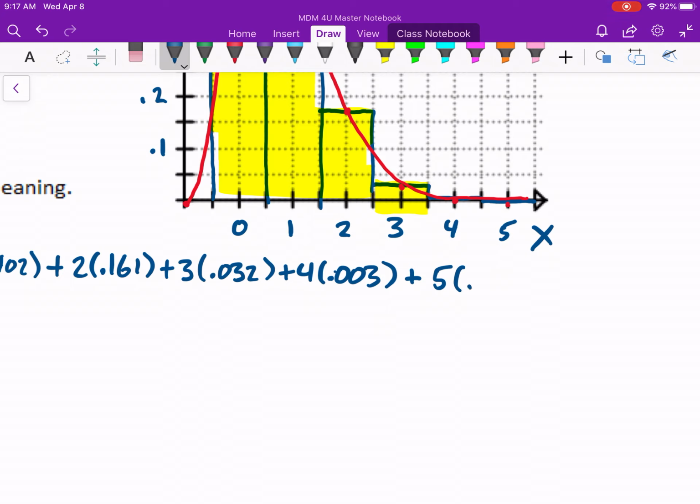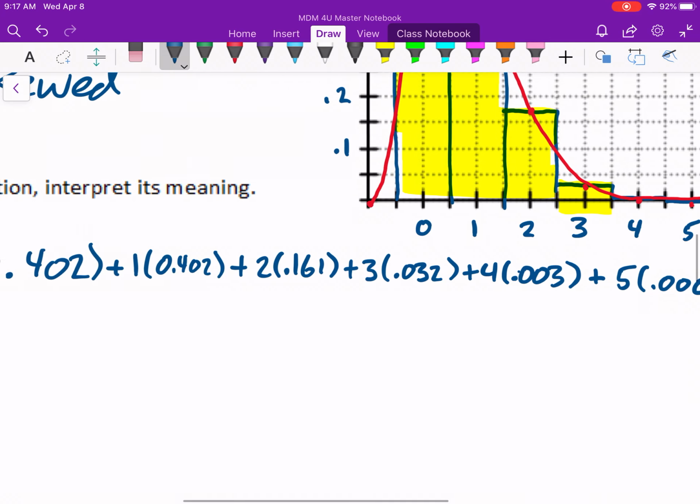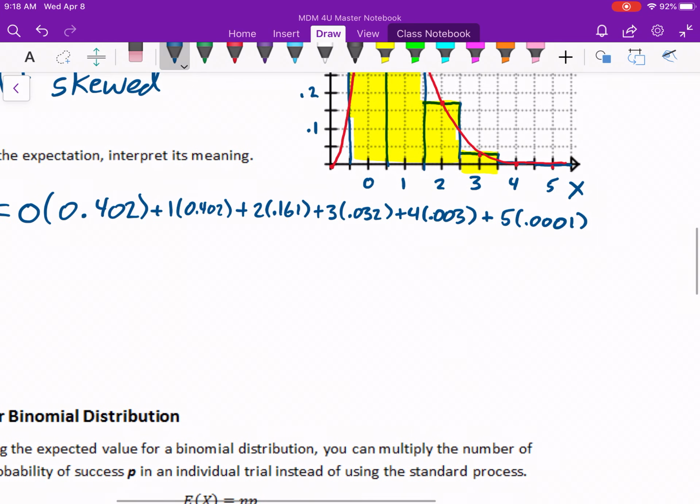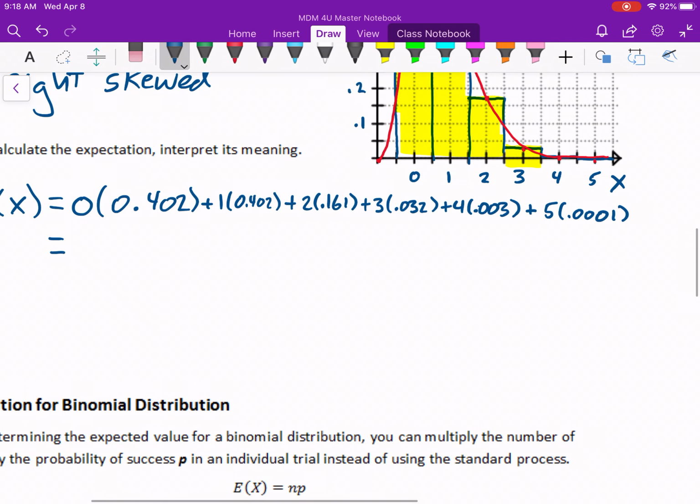5 times 0.0001. When I put all that into my calculator and work out what that is, it comes out to approximately 0.832. So, what does that mean? Well, this number, 0.832, means that on average, we would expect less than 1 pair of doubles for every 5